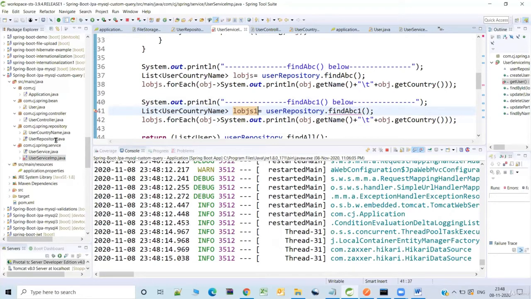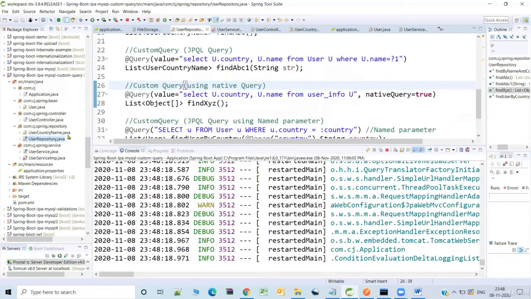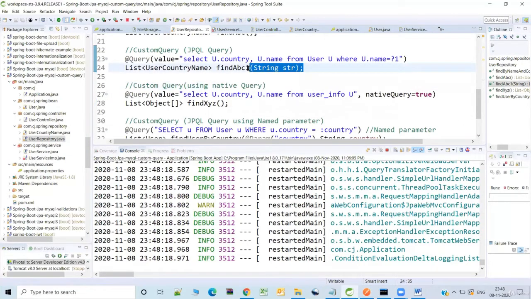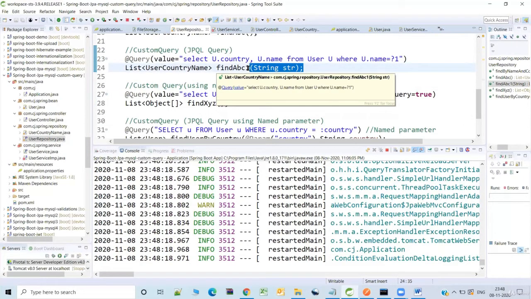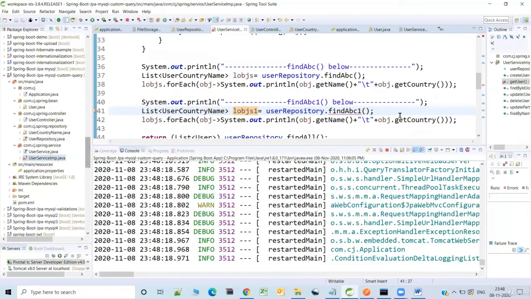So let me go and check if there is any mismatch. See, basically I'm trying to get the name of the country, sorry, name of the person as a string. And I'm trying to refer here. All right, so let me go here and I'll specify the name of the person.